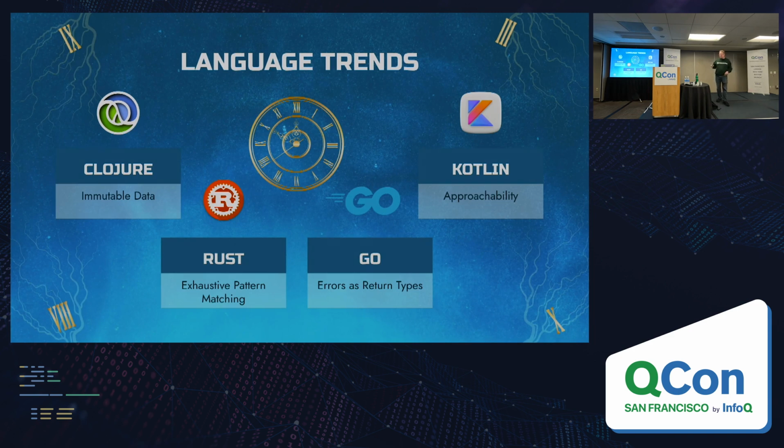Some of the languages have influenced the points that I'll be making in this talk. I spent a lot of time working in Clojure a while back, and that is where I really got a strong sense for how valuable it is to use immutable data structures, and how much that improves the maintainability of your code. Rust is one of the places where I really got used to doing a lot of pattern matching statements. Go is the first language that I worked in that really espoused this pattern of treating errors as return types rather than exceptions.